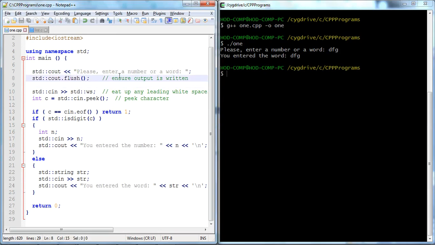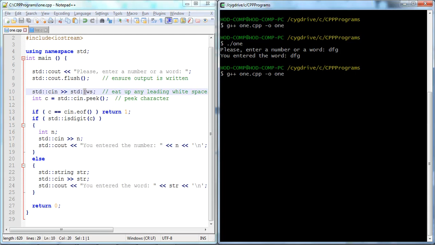Then cout flush ensures the output is written. Now the cin with this line of code, at the time of giving the input, neglects the initial spaces. That is the use of this.